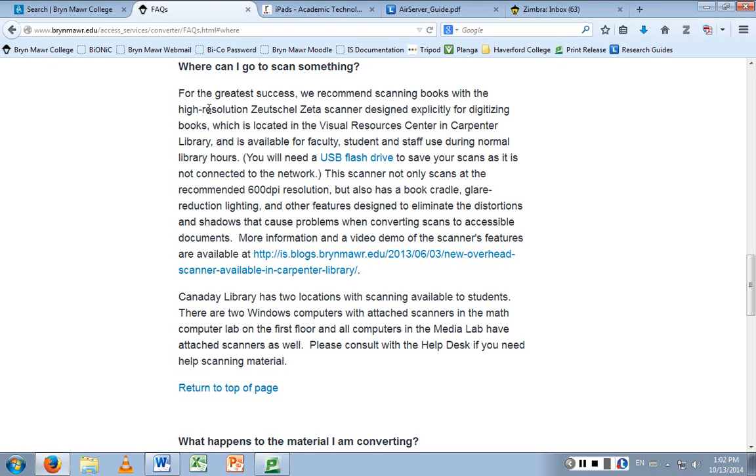So we have some students working for Deb now who are scanning, and basically they go and get another copy of the book and do a good scan, and then they can do it. So the good scan is key. Unfortunately, the text-to-speech software that the students use is really quirky. It will pick up shadow on a page. It will pick up underlining, like maybe it's a document that the professor originally uploaded and scribbled on. So when this software goes to read it, it will jump all around.